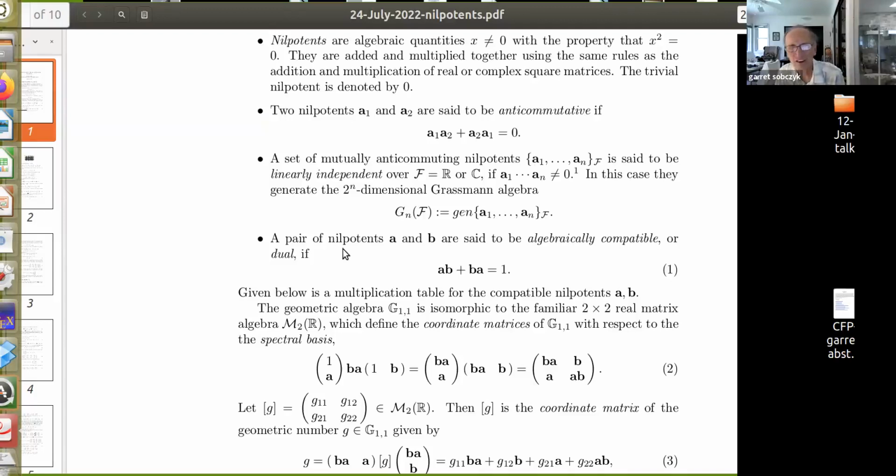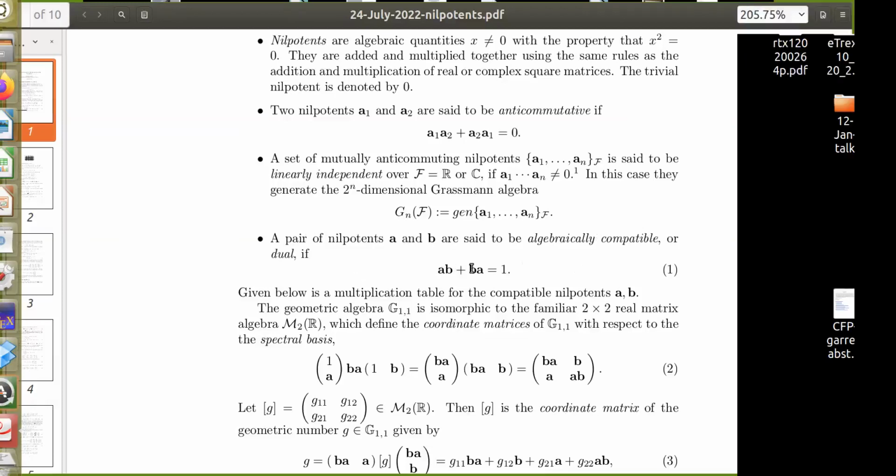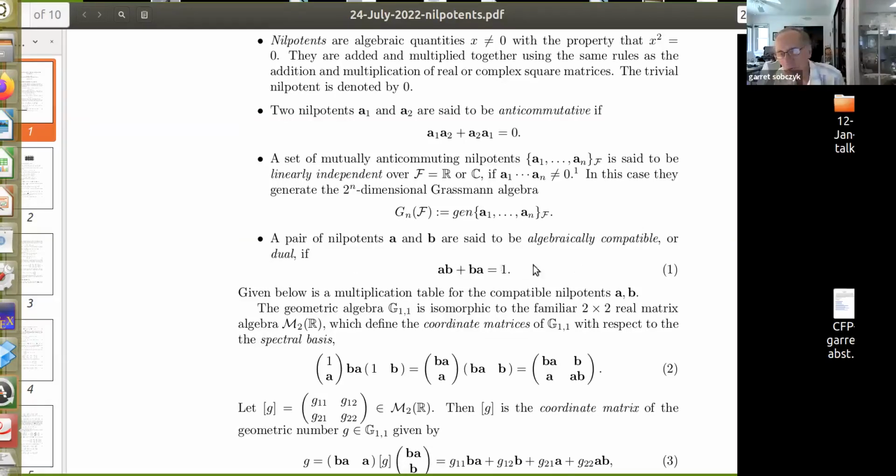Now, this definition 1 here: a pair of nilpotents are said to be algebraically compatible, or dual, if AB plus BA is equal to 1. So that's a new definition of what I mean by dual, or what I call algebraically compatible, because what I want to do is basically put two Grassmann algebras together. A pair of nilpotents, A and B, are said to be algebraically compatible if you take A times B plus